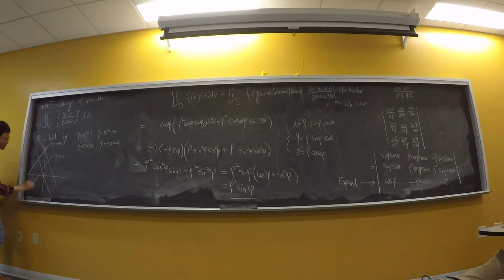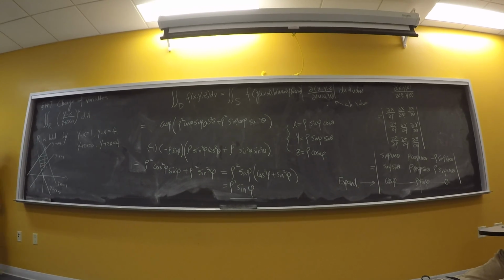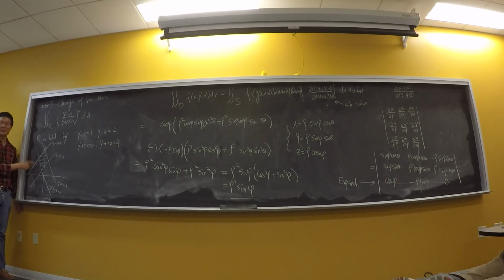This is y plus 2x is equal to 0. This is y plus 2x is equal to 4. So the region is right here, which is a pretty regular region if you look at it, right? But if I ask you whether it is an x simple region or a y simple region,